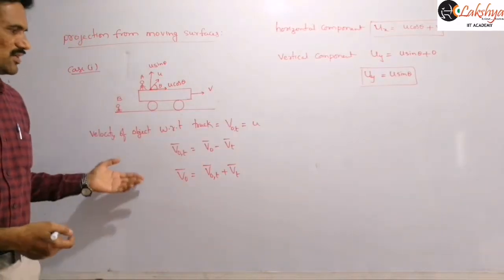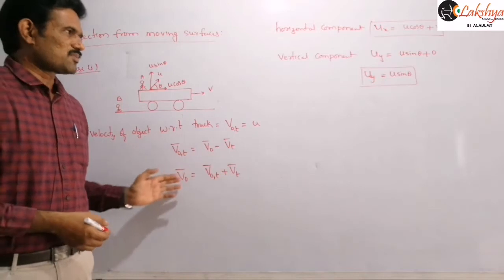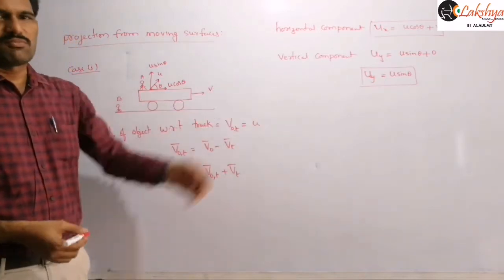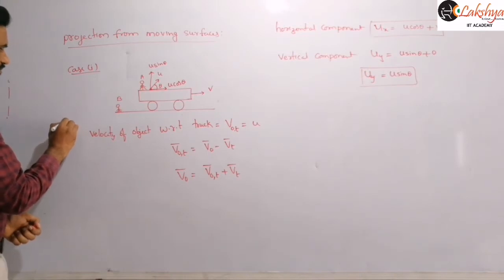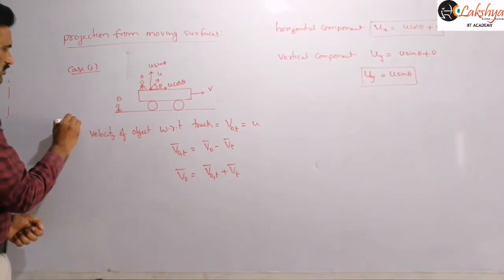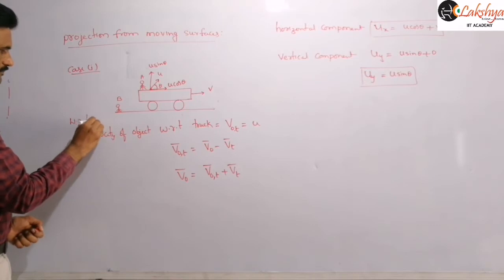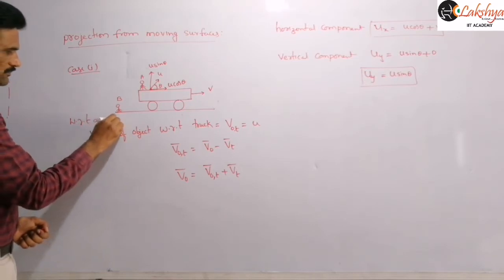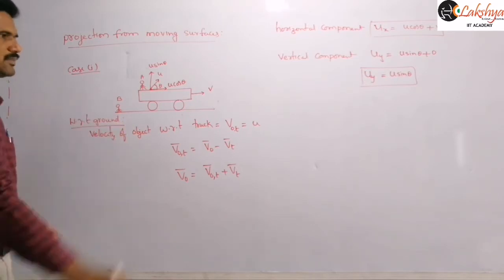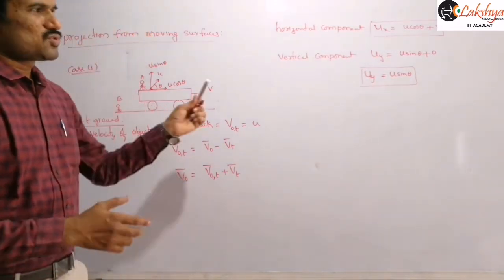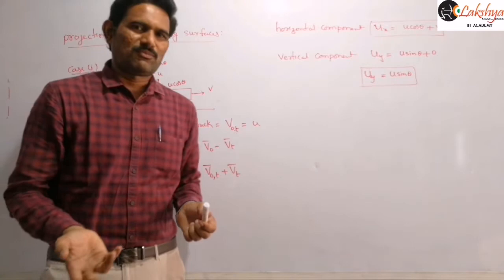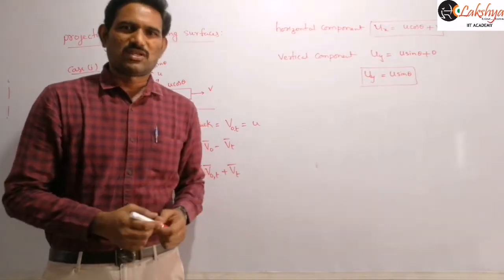Now here we are solving the total problem with respect to the ground, because we are writing these components with respect to the ground. So you may mention this: we are solving with respect to the ground. With respect to the ground, if you know these two components, you can write any quantity by using our general formula.